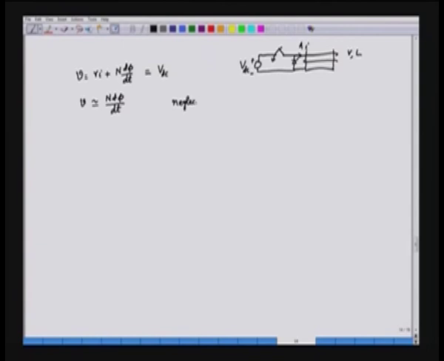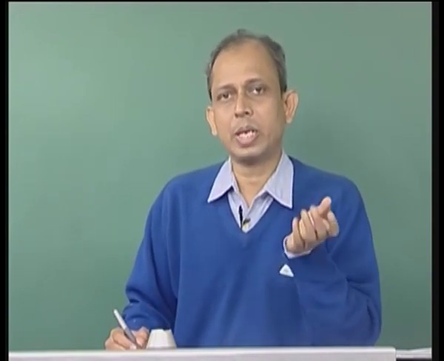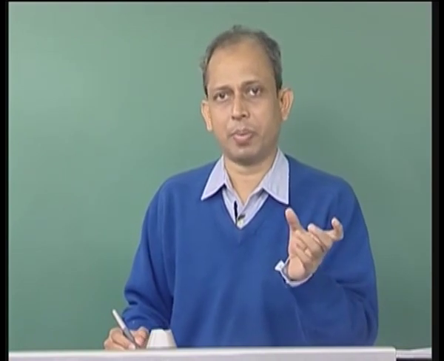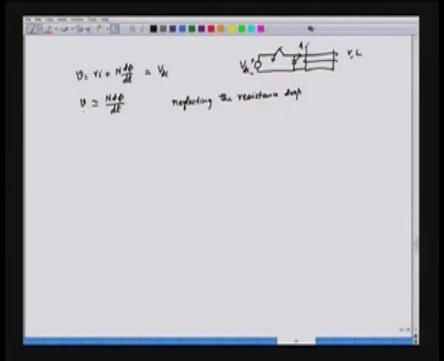neglecting the resistance drop, as a simplification. The resistance drop is usually small compared to the induced EMF. If the winding is made up of copper, the resistance is very small. So, we can ignore the resistance drop compared to the induced EMF, that is N d phi by dt. Then V is approximately equal to N d phi by dt, which is equal to VDC, and we need to find out what phi is. So, phi here is equal to